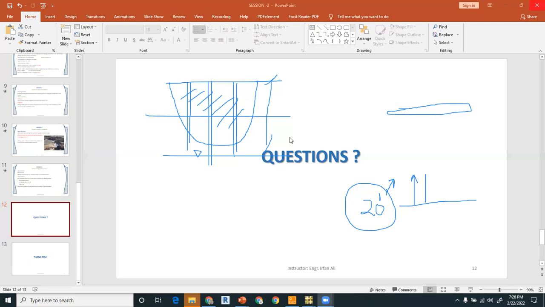सर, 2 कॉलम के दरमियान में कितना डिस्टेंस होना चाहिए कि हम कंबाइंड फुटिंग दें या स्ट्रैप फुटिंग दें? देखिए, इसमें ऐसा कोई रिक्वायरमेंट तो नहीं है, ये तो आपके रिक्वायरमेंट और आर्किटेक्ट पर है। फॉर एग्जांपल अगर आर्किटेक्ट ने एक प्लान बनाया है, और उसने 2 कॉलम्स बहुत करीब दिए फॉर द आर्किटेक्चर पर्पस और फॉर द अदर रीजन, then you have no choice